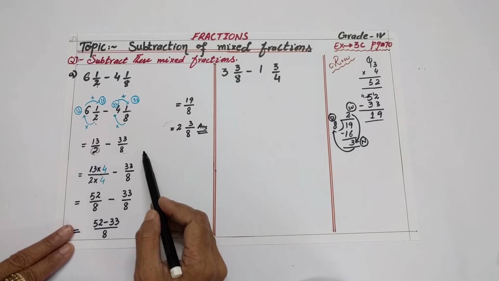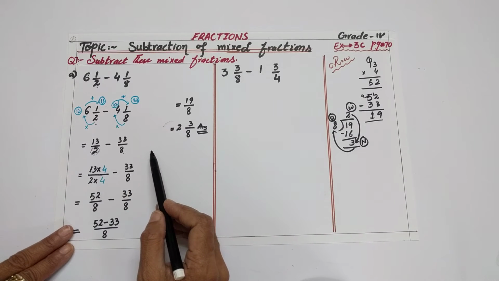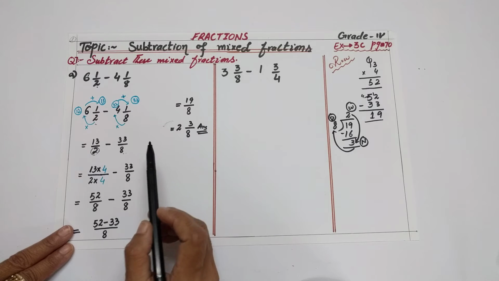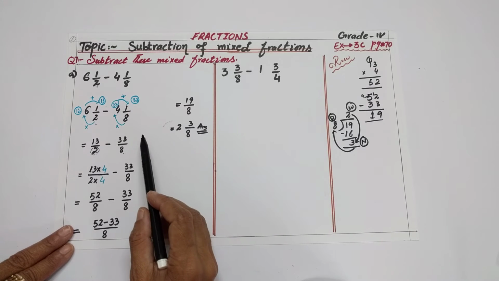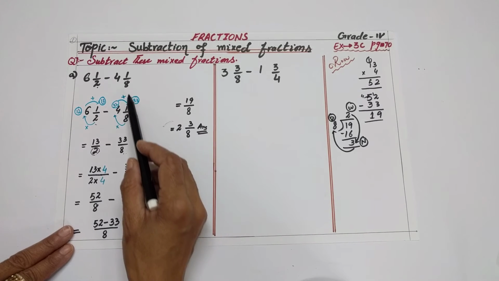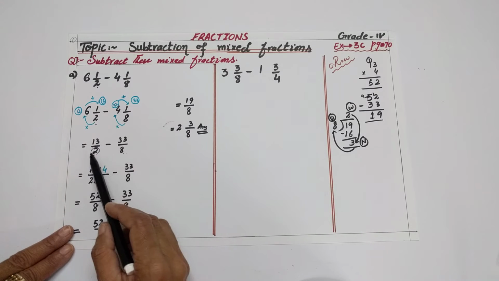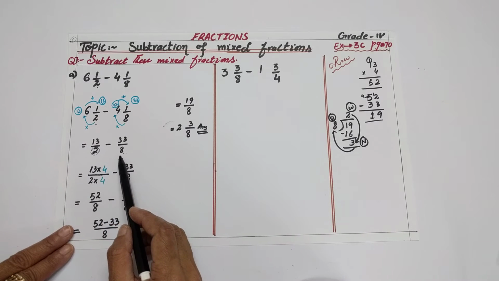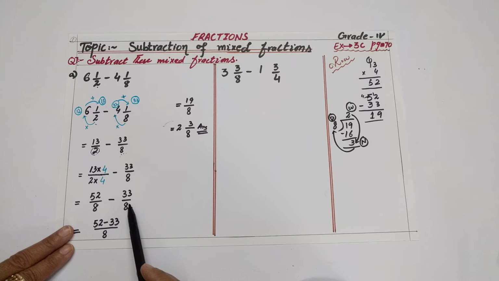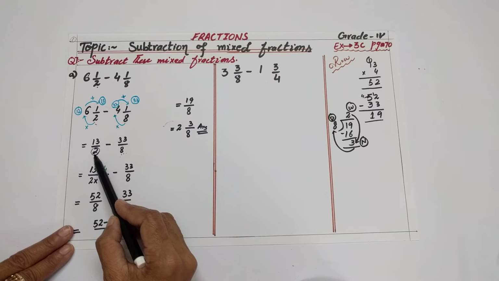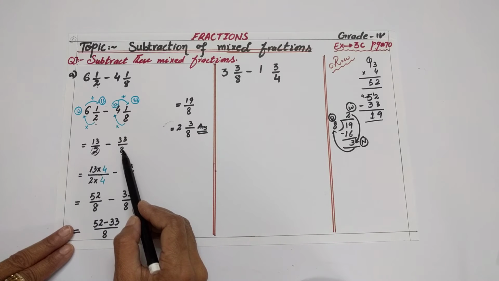So the whole procedure is the same as the addition of mixed fractions, just you have to concentrate on the steps. The first step is to convert the mixed fraction into an improper fraction. After converting, you will check whether your denominators are like or unlike. If unlike, then convert them into like denominators by checking the smaller denominator, whether your smaller denominator is a factor of the greater one or not.